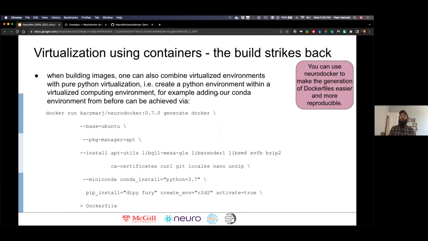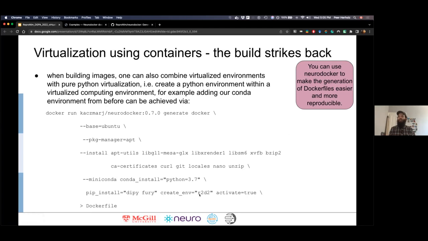So in order to recreate the Python environment that we did with Conda yesterday and put it into our container in a way that it can already be used, automatically be used, we just need to add these few lines of code, miniconda, describing that we want to install Python 3.7 using Conda,